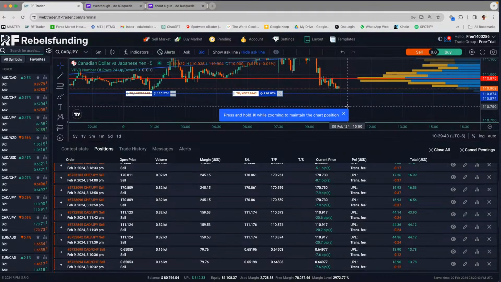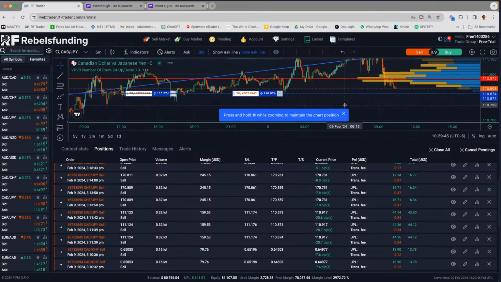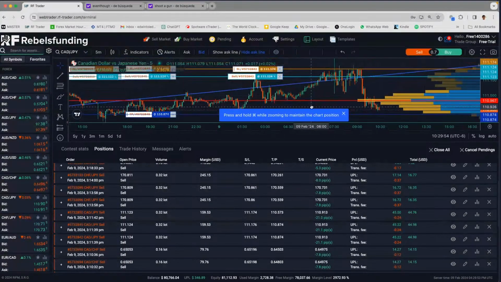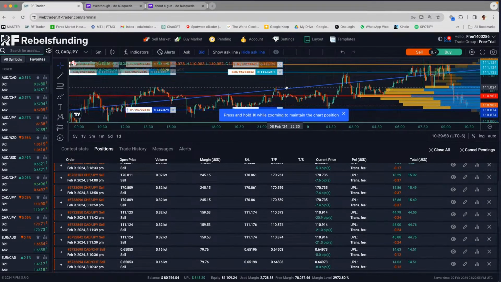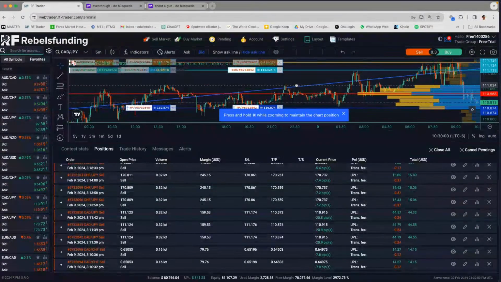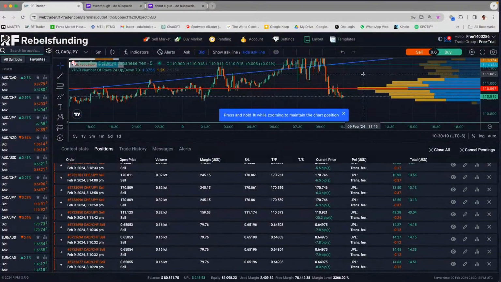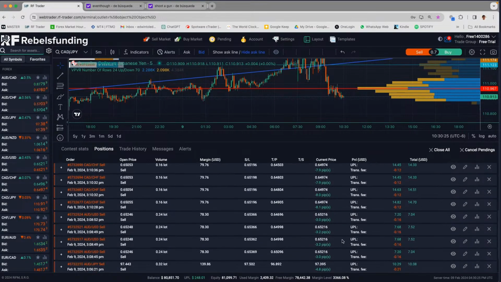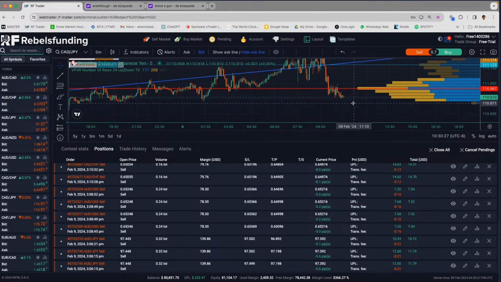And sometimes I have seen this many times: price gets shy of TP, take profit two, and I will take it manually. And let me tell you why. I have seen these things come back very often right before hitting TP2. I have seen that many times. So that's why I just took profit there.